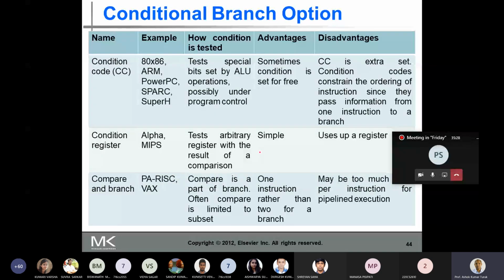Then compare and branch. This is used in the VAX machine and some RISC architectures. Here the compare is a part of the branch instruction. When it executes a branch instruction, part of the branch instruction also contains a comparison. So compare is a part of the branch, and often the comparison is limited to a subset.